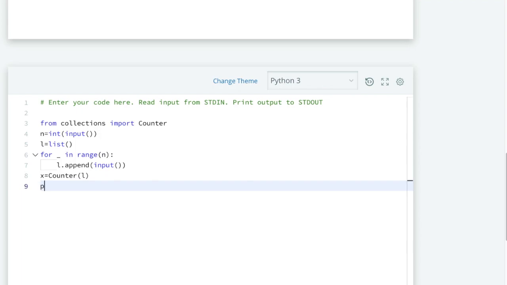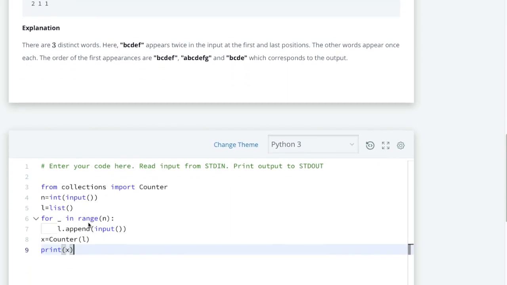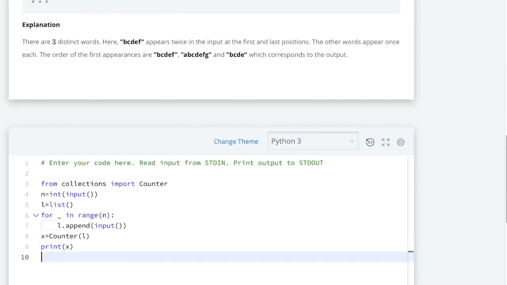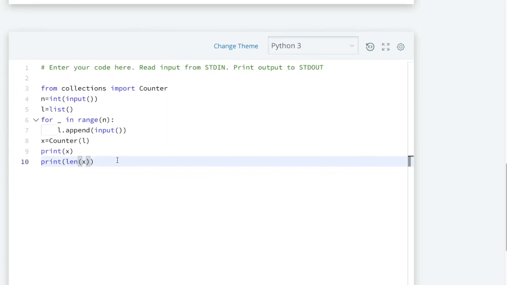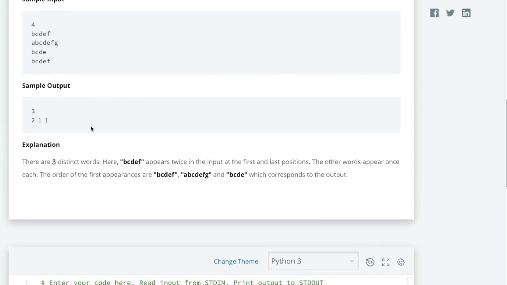So we can print here and see, and it counts the total occurrences of the unique words. We can also print the total length of this x, because in the very first line they are saying that we have to print the total unique words. So this length will print the total unique words of this counter. Let us execute and see.